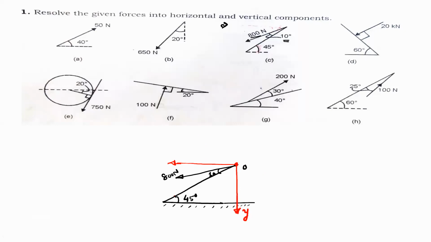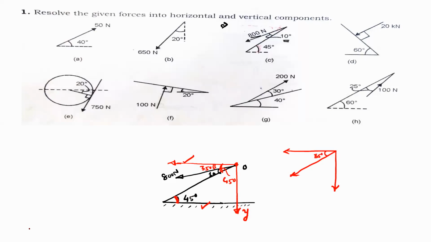Here this is the complete 45 degree. This total angle will become 45 degree because this line and this line are parallel to each other, and this is the common intersecting line. So these will become the alternate angles. So this total angle will become 45 degree minus 10, which is 35 degree. Now we know the angle with respect to the x-axis, so this is 35 degree.